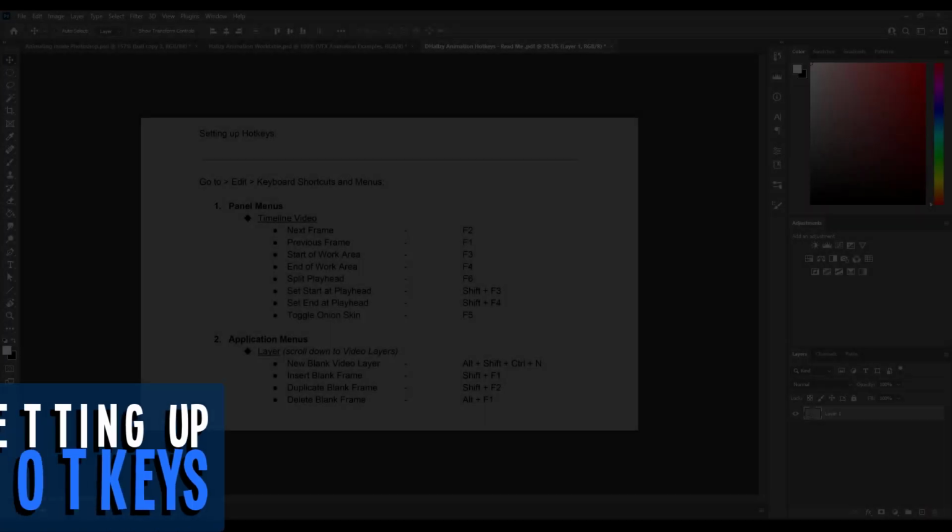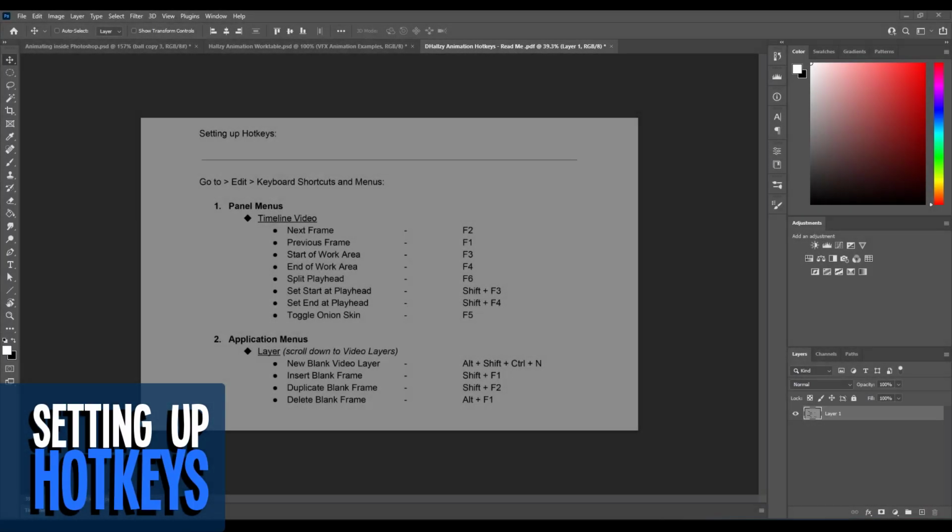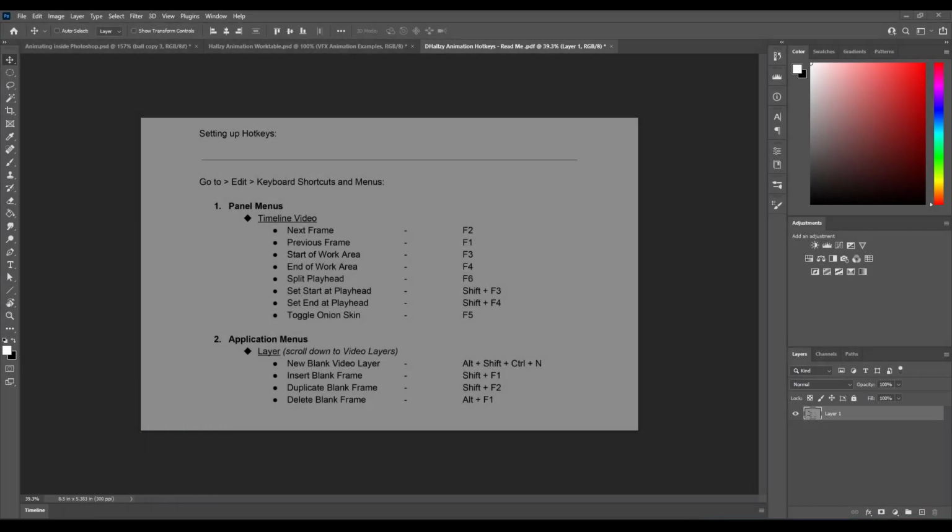Okay, so let's begin by setting up our hotkeys. And I know at first glance, this looks like a lot of information and it can feel really overwhelming, especially when we're trying to find these options within the preferences themselves, because these are the options that are the most relevant, the keys that are the most relevant, in my opinion. But there's a ton of other options on top of this, so it can be a little daunting trying to